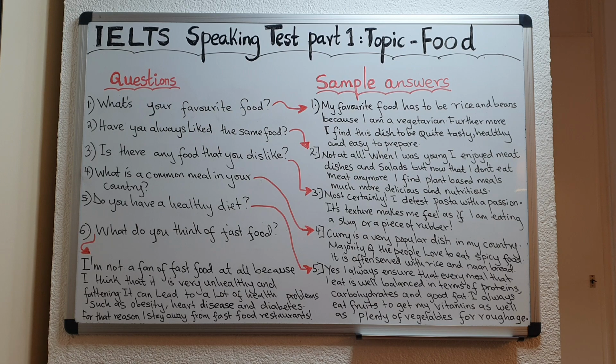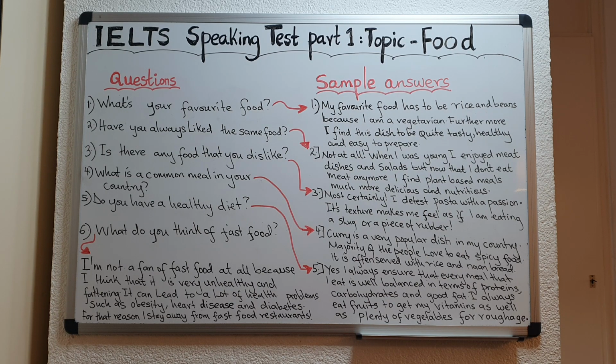You can join your reasons together using connectors such as furthermore or and also. I would recommend that you provide your answers in threes. Like for example, look at the last sentence. I find this dish to be quite tasty, healthy, and easy to prepare. Now, when you provide your answers in 3 parts, it makes you more fluent, okay? It makes you sound as if you are quite fluent, but also it gives you a chance to think of what you're going to say next.